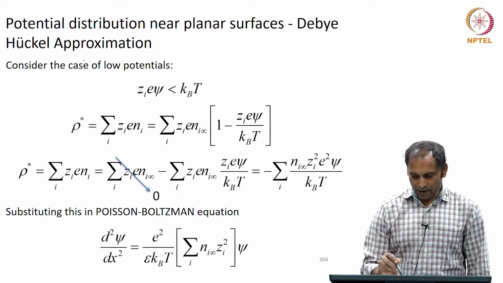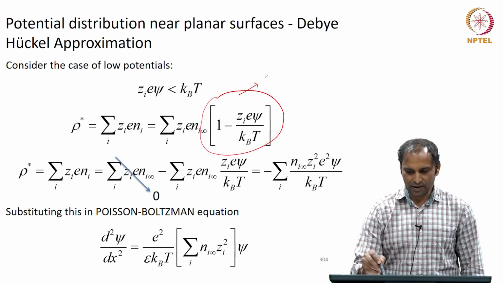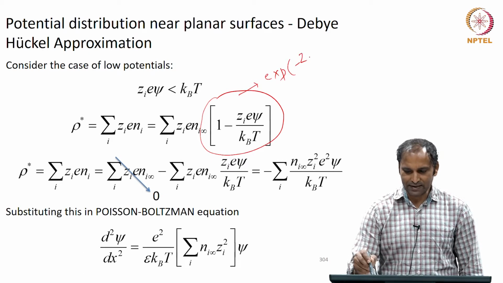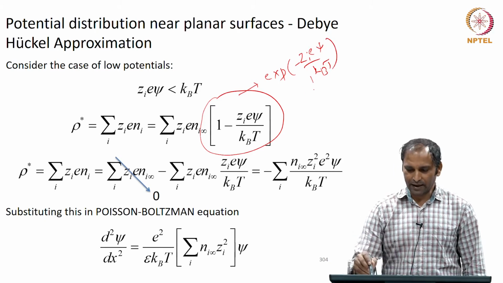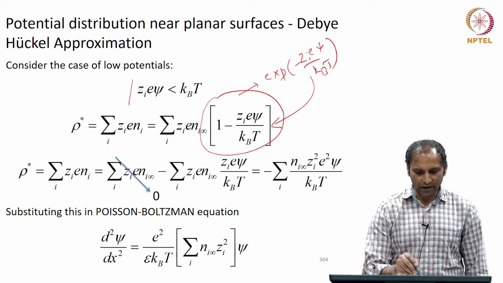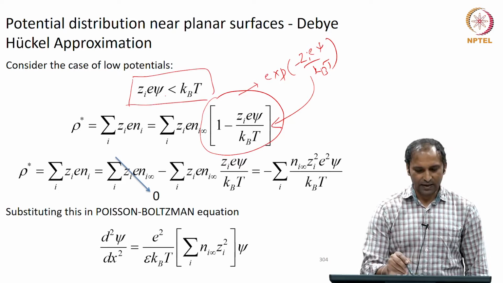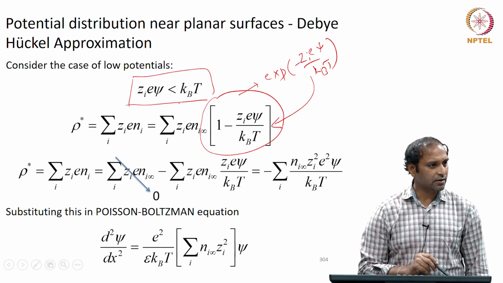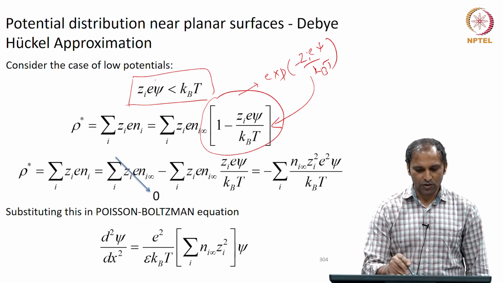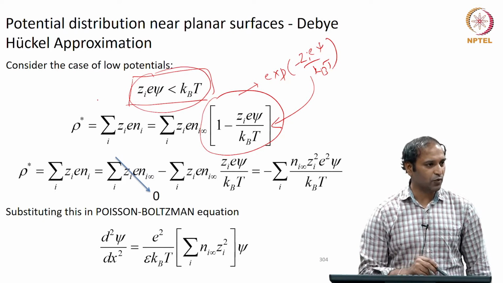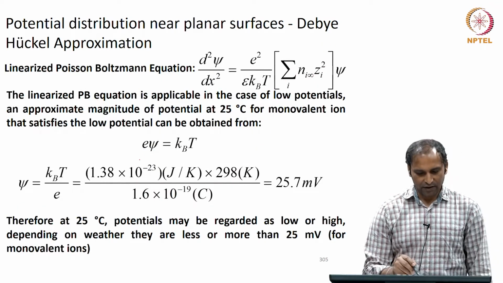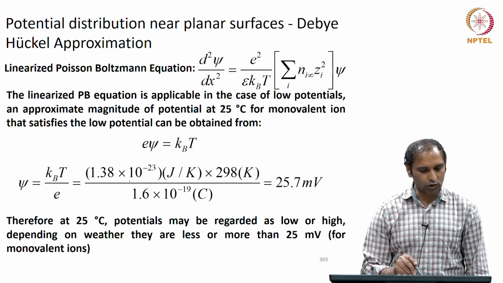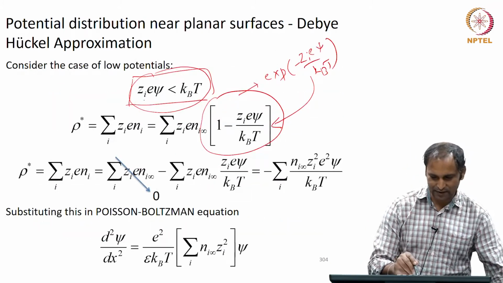When we wrote this exponential term here, this was actually exponent minus z_i e psi by k_B T. I can write this in this form only when z_i e psi is less than k_B T. That is how the low potential was derived. And then we said that if I am working with a monovalent, because there was z_i here,